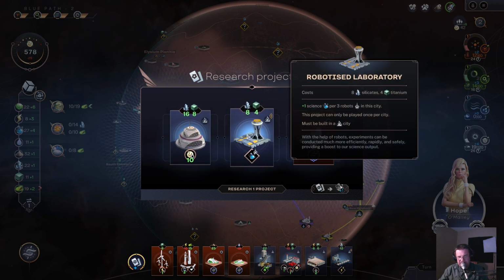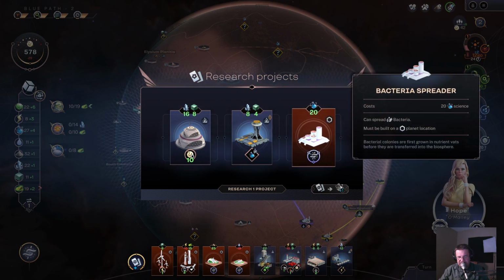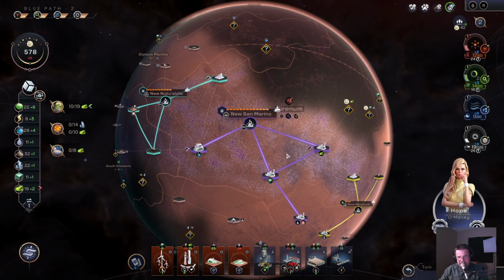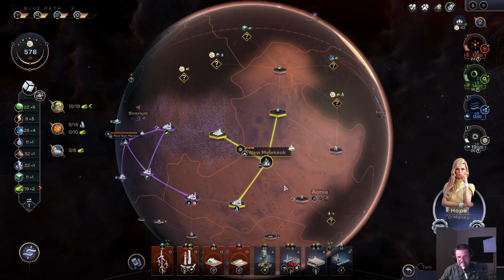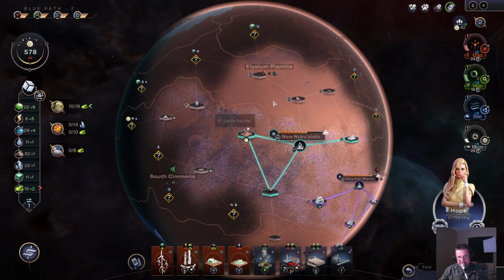A robotic laboratory, +1 science per 3 robots. We don't have anywhere that has a ton of robots. And another bacteria spreader. I don't think we really need another one. So I think we're just going to pass. Now we could build the robot hub here. Allow us to get to the silicates and... Or if we build here...